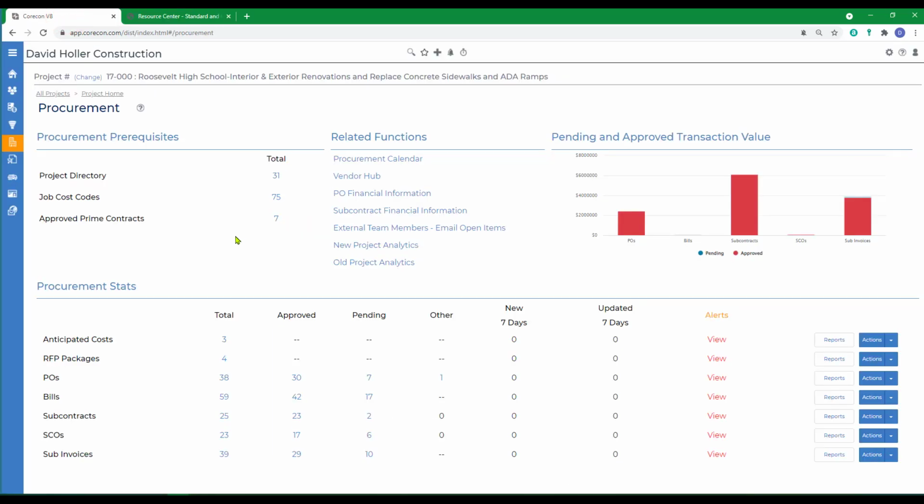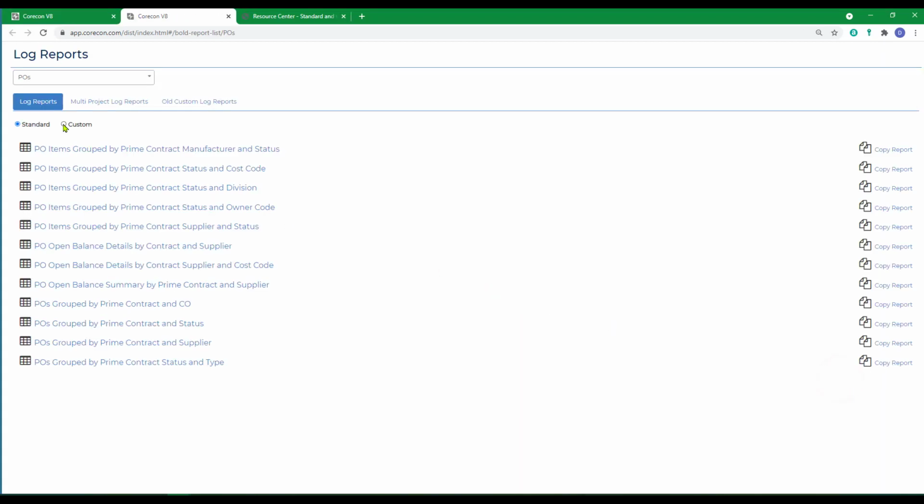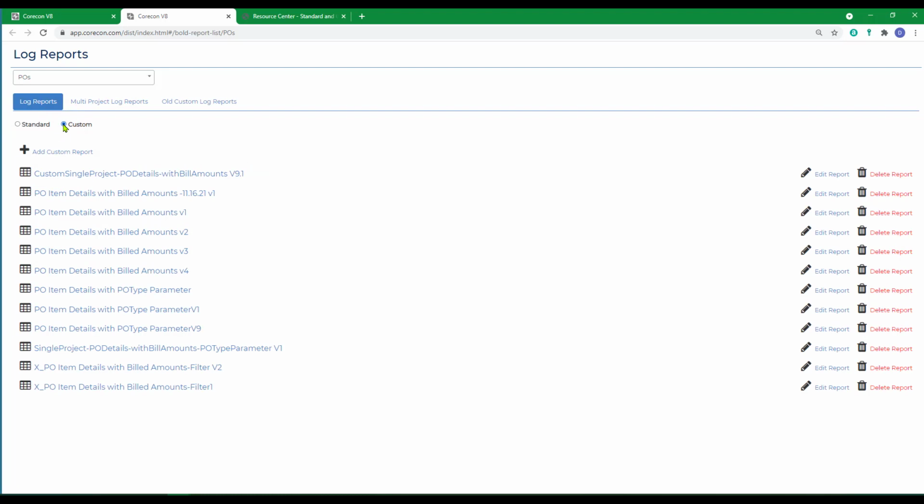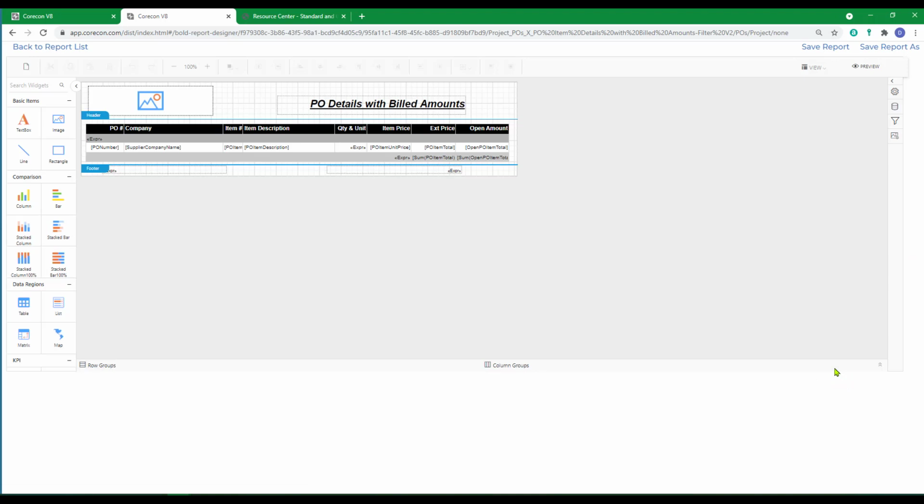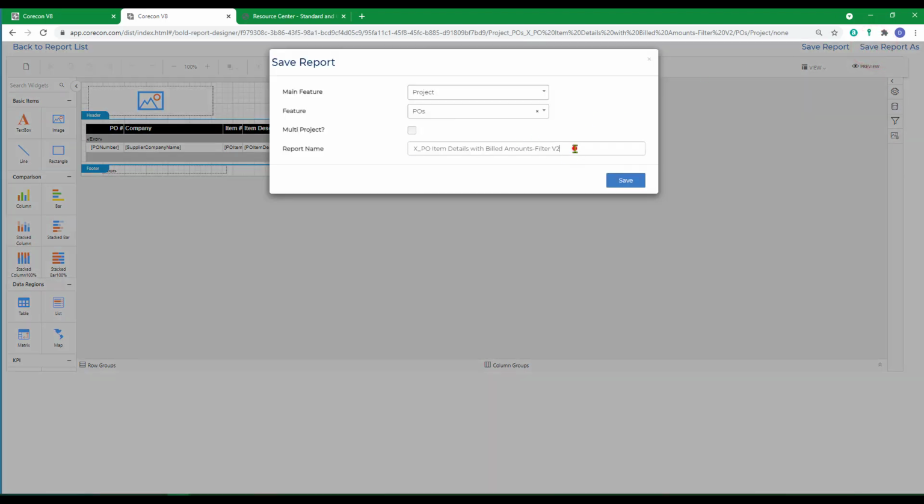For this, we've already selected a project that has multiple prime contracts. We're in the procurement module. We're going to go to POs and over to reports and then select custom. The report that we were just working on in the previous video, and we'll click edit report. Next thing we want to do is save the report as, so we don't lose any of our work. Call this parameter number 2